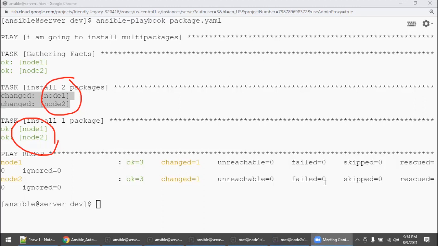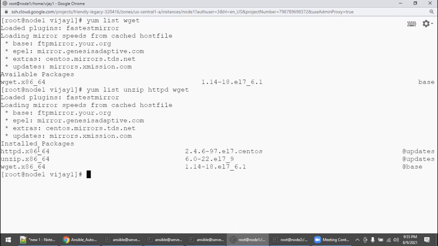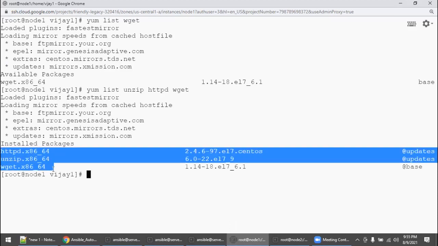So let's go here. Let's remove all of this. If I go to node 1, we will see yum list unzip and httpd, and the other package, wget. See, all three packages got installed.